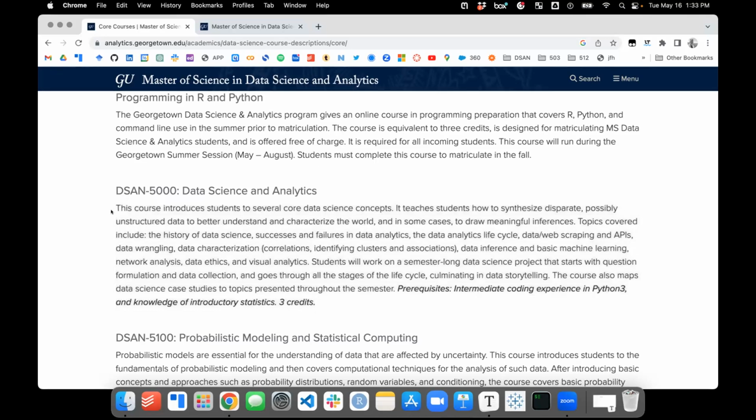So in this first introductory course, we go through the whole life cycle: data acquisition, API use, gathering data, cleaning data, different types of data, web scraping, moving into the EDA process. How do you visualize it? How do you sort through data? How do you deal with missing numbers? All the usual standard stuff, and then move into